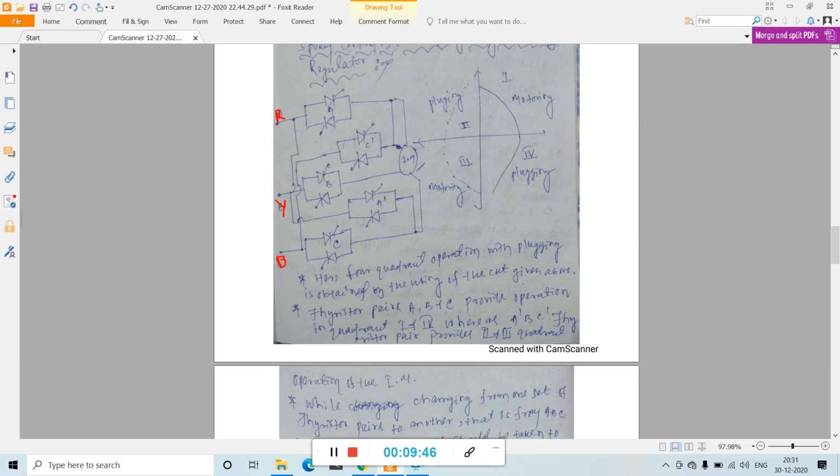See, first of all we will study about the different stages of operation of an induction motor. So here 4-quadrant operation with plugging is obtained by using the circuit given above. So thyristor pairs, this is A, this is B, this is C. A, B, C provide operation in quadrant 1 and 4. 1 and 4 means here the pair C, here the pair A,